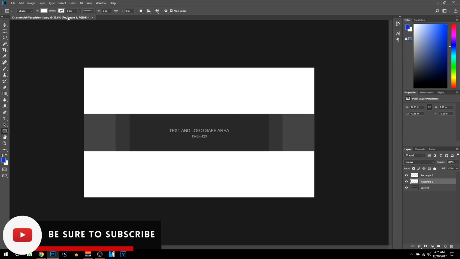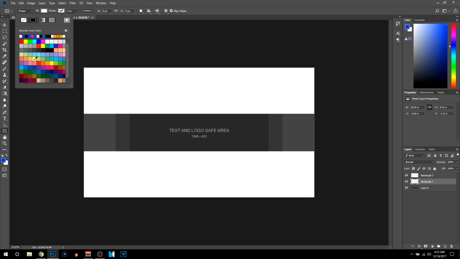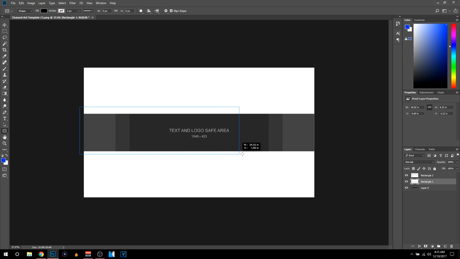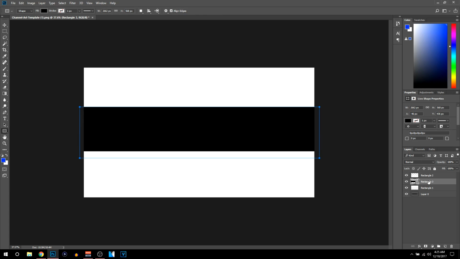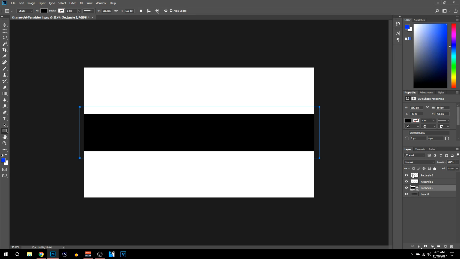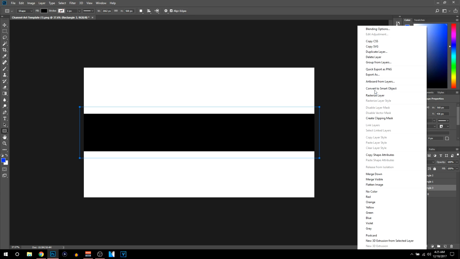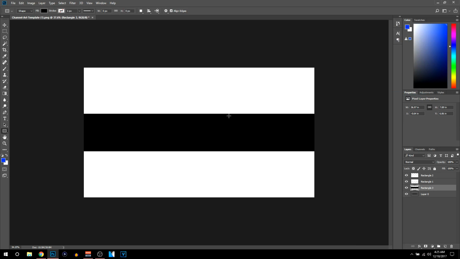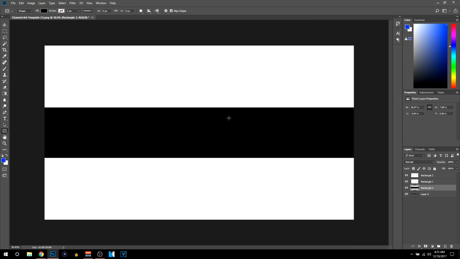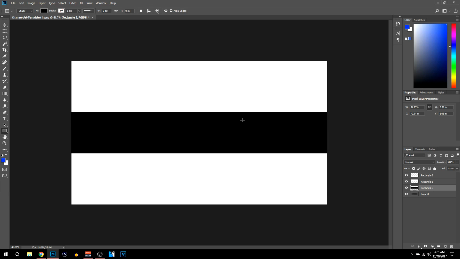Once you guys have done that, you're gonna want to change the color of the rectangular tool to black, so just go ahead and change that to black. And once you guys have done that, just drag another rectangular line through the middle of the banner right there, and then drag this under the first two rectangular layers, and then rasterize it as well. So once you guys have done that, you have done the first part of making the banner. Basically everything that we're adding to this banner has to fit within this little black space, or it won't show on YouTube. So once you guys have done that, now what we would need to do is import the images